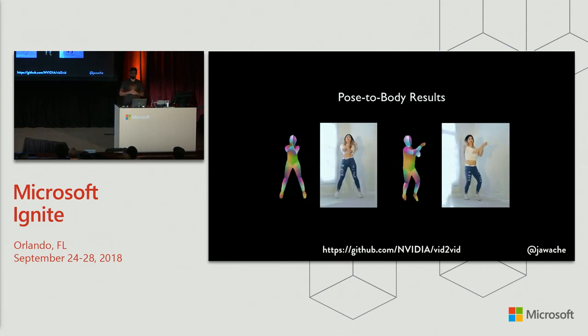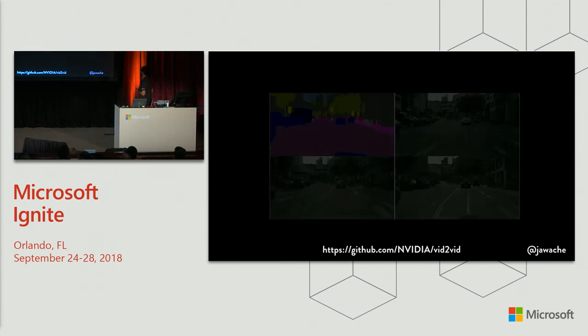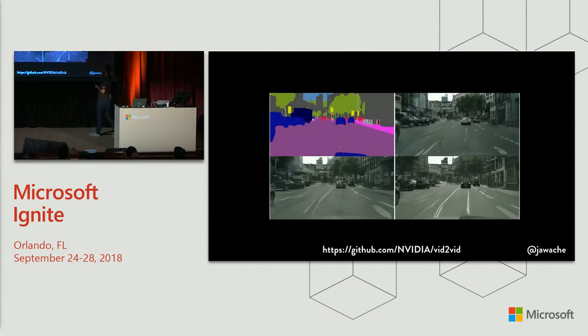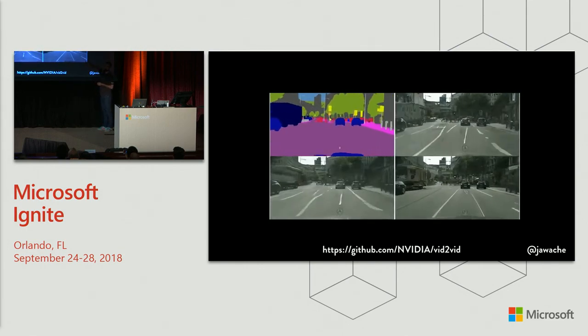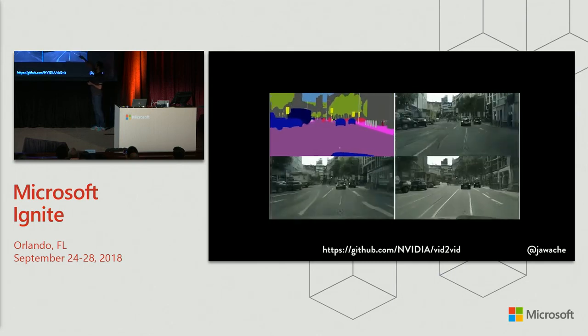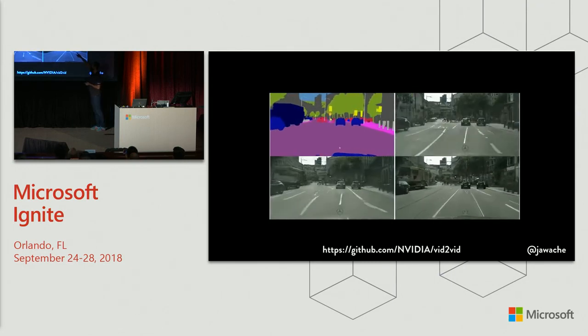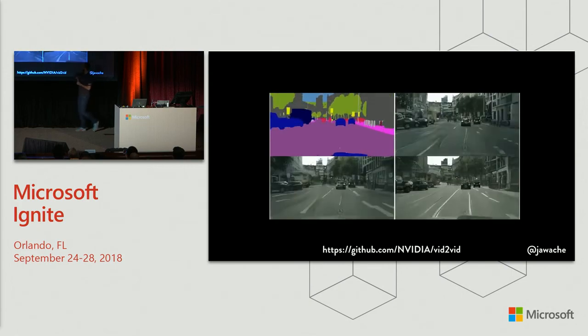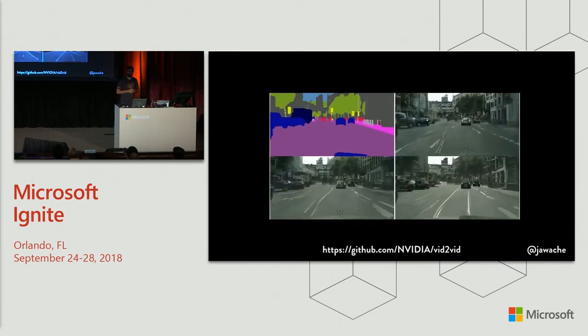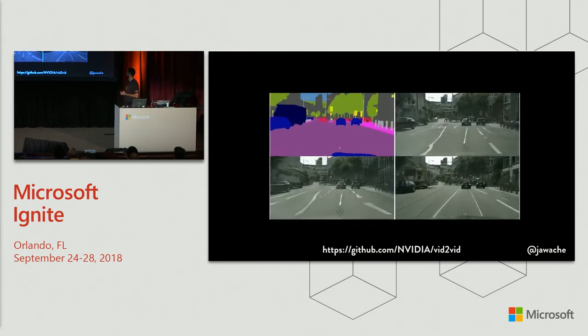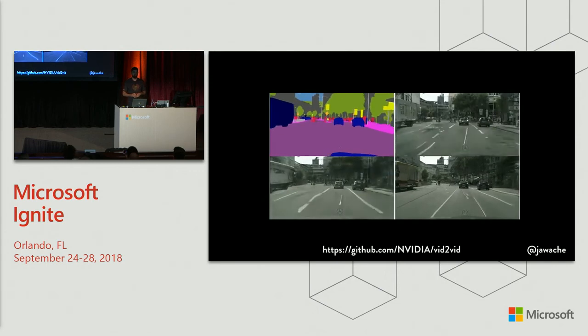That's all fake. There's this one as well. Again, it's a segmented image of a car scene. This is using the pix2pix algorithm. This is using the vid2vid. I actually can't remember which one this is. And that's it. So this is generated. If you look, you probably can't see from over there, there are some artifacts, so you can still tell. There's a blob coming out of the car with no legs over there, and there's a few weird things happening. But it's pretty good. Yeah? This isn't running in the browser in JavaScript yet.